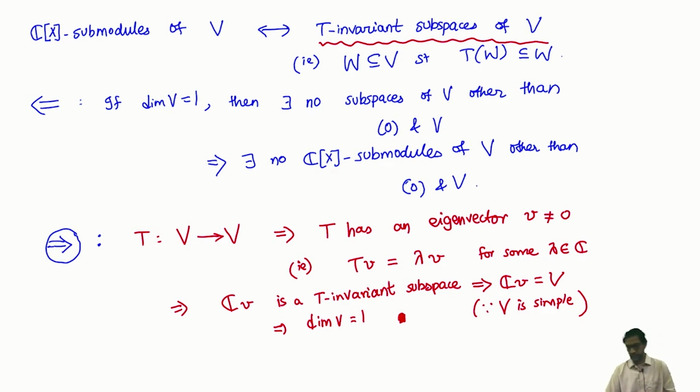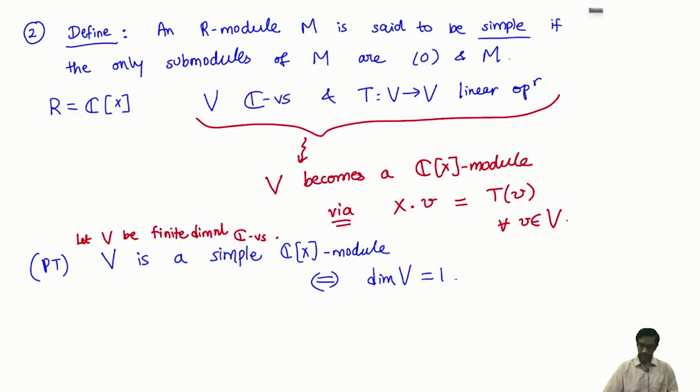Okay, great. Here's an interesting follow-up question. Is the same true over R, the field of real numbers? So suppose I took my ring to be R[X], and I took a real vector space. Remember, I used the fact that it's a complex vector space, so it has an eigenvalue, an eigenvector, and so on. So here's a follow-up question, let's call it problem 2b: does this hold over the real numbers?